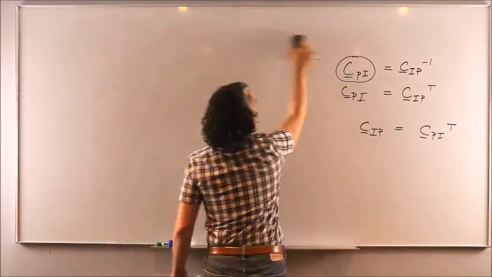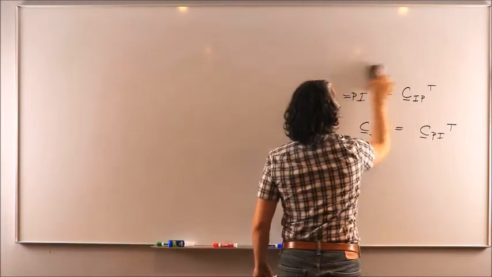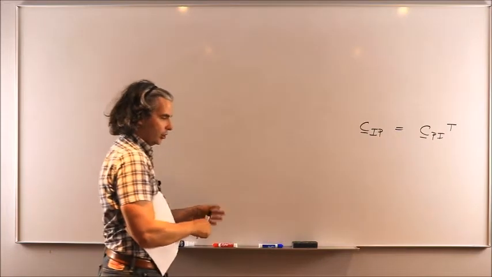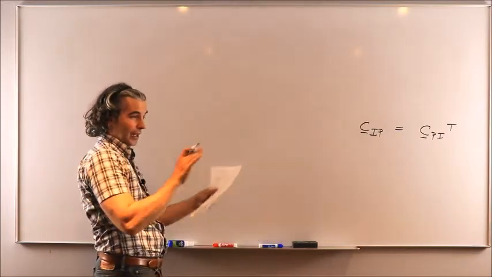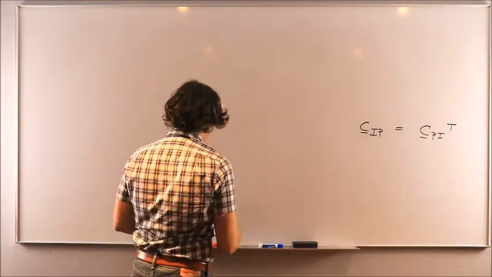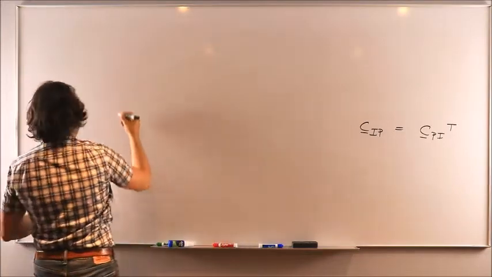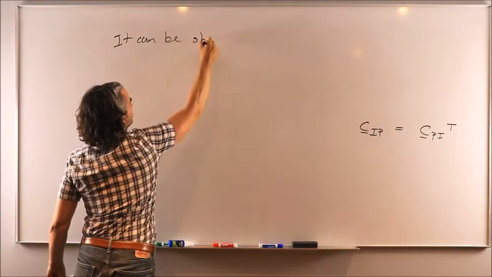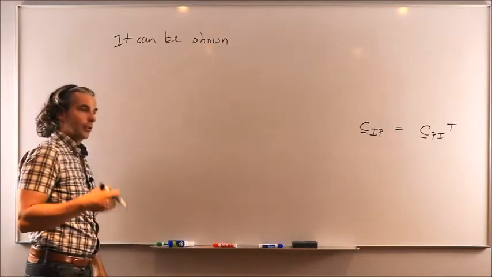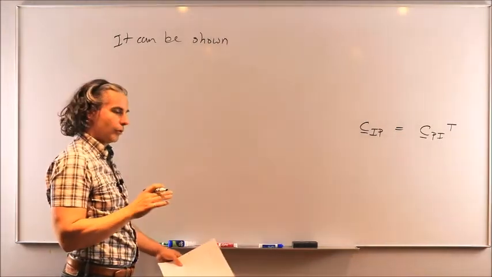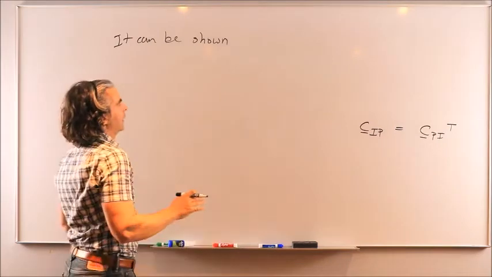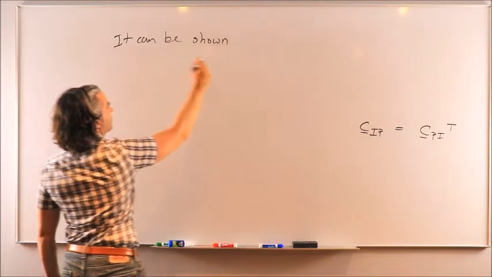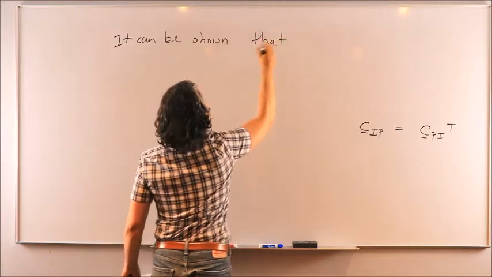Well, because you probably have never done it yourself, to define a rotation sequence just based on the sheer geometry of the problem and looking in 3D at all the angles involved, I'm going to give it to you. So I'm going to say that it can be shown, and I would highly encourage you to look at the 3-dimensional geometry of perifocal with respect to ECI and try to see if you could determine it yourself. But here I'm going to give it to you. It can be shown that